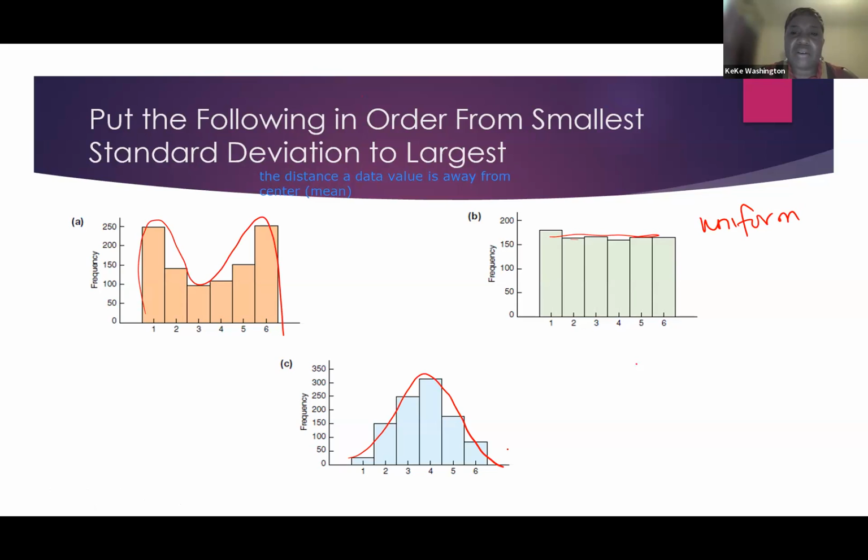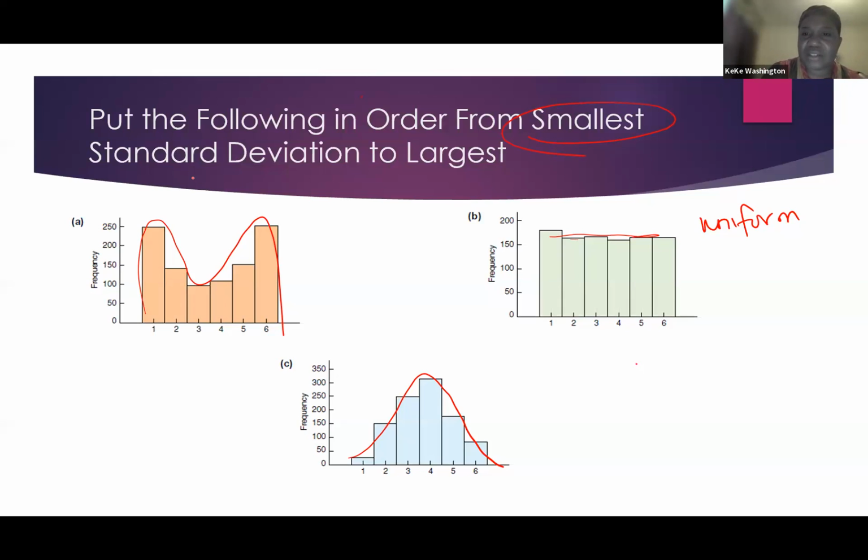Okay, so now we're talking about the center of our distribution. The mean represents the center of the distribution if it's symmetric. Standard deviation represents the distance a data value is away from the mean. So if I want the smallest standard deviation, if standard deviation represents distance,